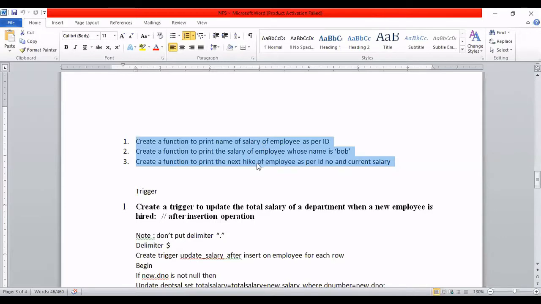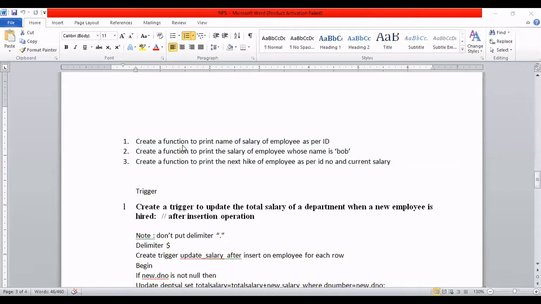Keep only one time, and we can utilize this many number of times. Okay, so function and procedure are same. The difference is what? Procedure cannot return a value, but function can return a value. Okay, so this is the difference. Now see here, I'm showing you by creating a function. Now see here how to create a function.